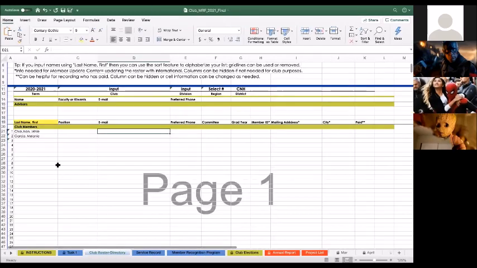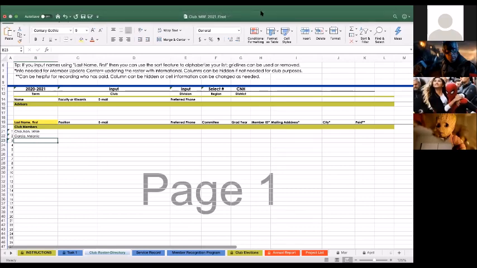It'll mess up the service hours. So to keep things easier, alphabetize once at the beginning, and then don't worry about it for the rest of the term.